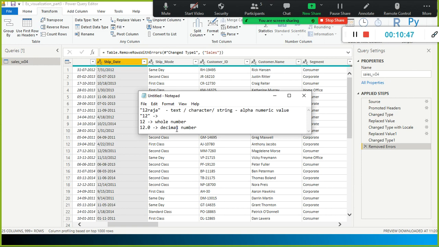Even this is also a text data type. But you can convert this text value into a digit number type, because inside the string we have only the number value 12. But here we have a number value along with some text value. Hence you cannot convert 12Raja as a numeric value. Understood? Is it clear?